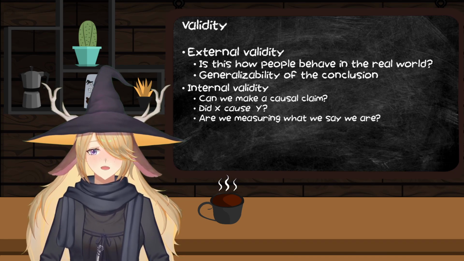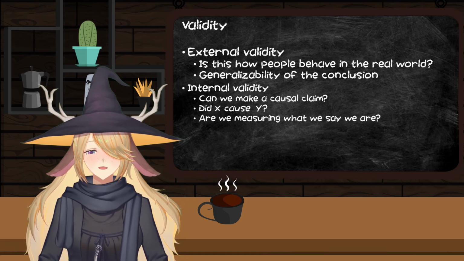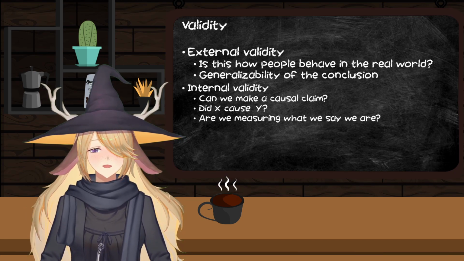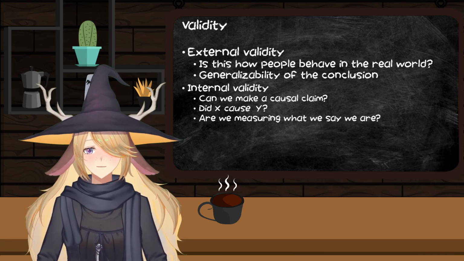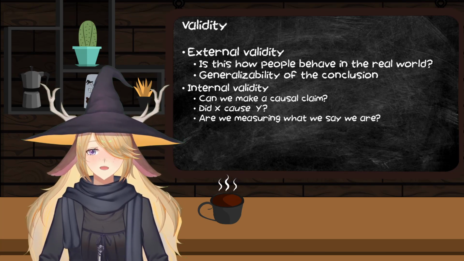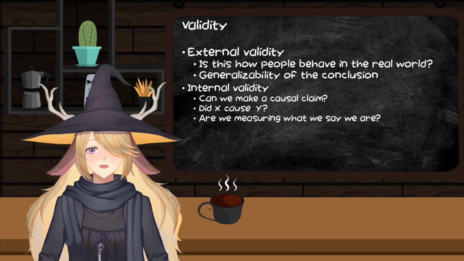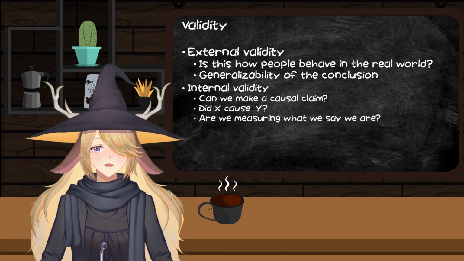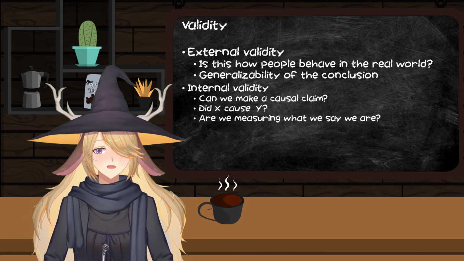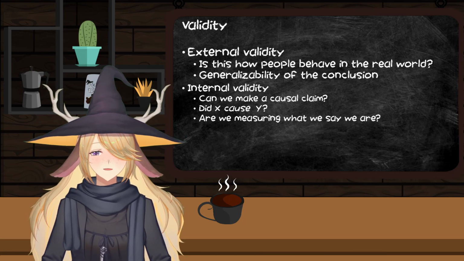Let's go over some illusory causations. So we talked last week about how there is a correlation between the number of Nicolas Cage films released within a given year and the number of shark attacks. But can we really say that Nicolas Cage is causing shark attacks? Should we fear him? Is Nicolas Cage a greater threat to the natural order than we previously thought? Well, we can't really make that causal claim based on the evidence that we have. Now, if we were to manipulate the number of Nicolas Cage films within a given year, then we could start to establish internal validity. So the real question is, when we're looking at a relationship, can we really say that we're measuring what we say we are?